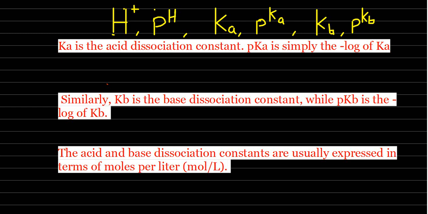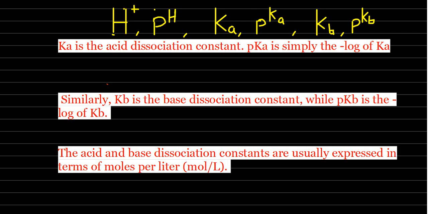Hello. Today we are going to discuss acid-base strength basic concepts. How the acid and base strength is represented, what are the factors, we are going to discuss now. The acid strength is represented by H plus concentration, pH as well as Ka and pKa. Basic strength is represented by Kb and pKb. Of course, OH minus and pOH also are there, which are similar to H plus and pH.